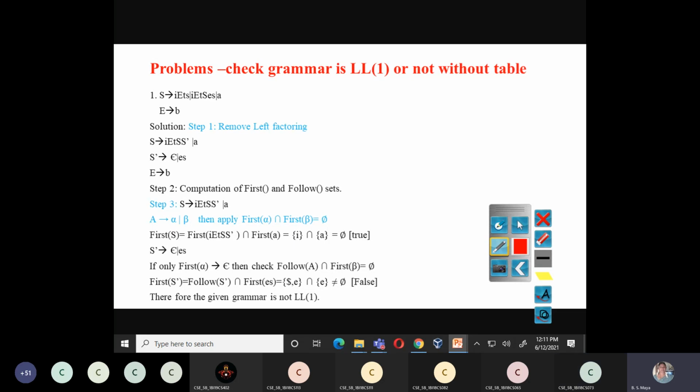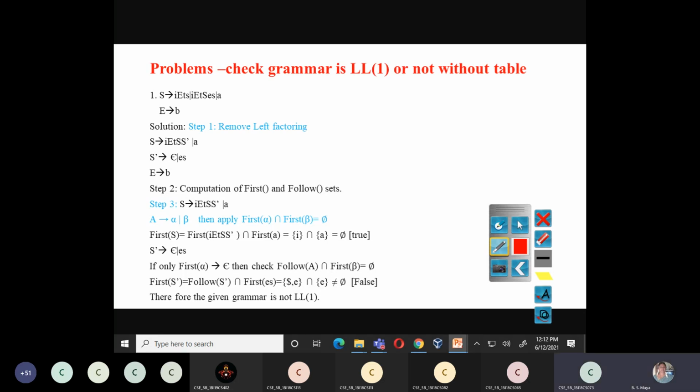The 2014 batch question. The input is given. You have to trace what the stack operations are, what happens where. Why can't you parse? You have to write the reason for that. He is asking the question indirectly. You should know the steps to be done when it is not happening. Don't think that when it is not LL(1), it will not be able to parse the given input. That condition should not come; you have to try.